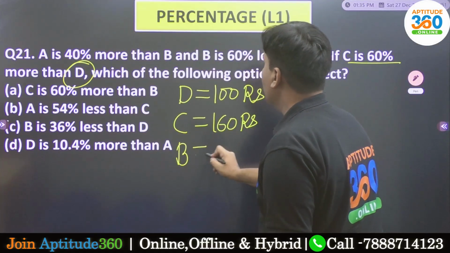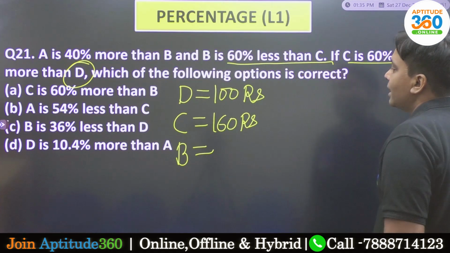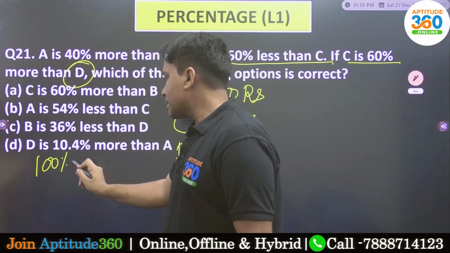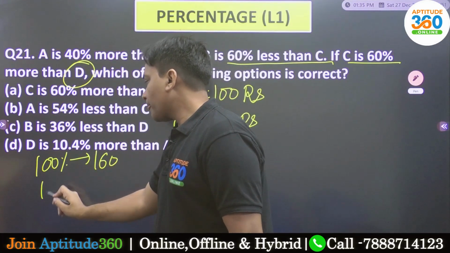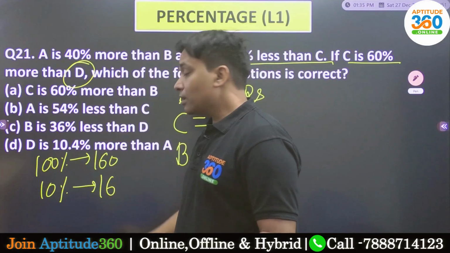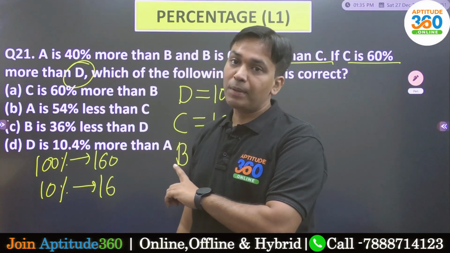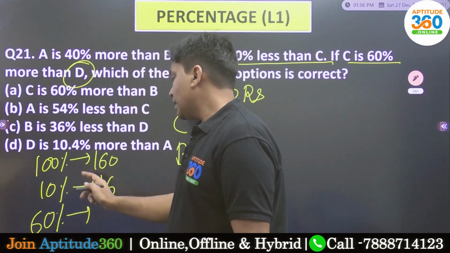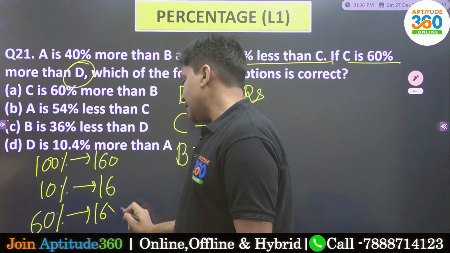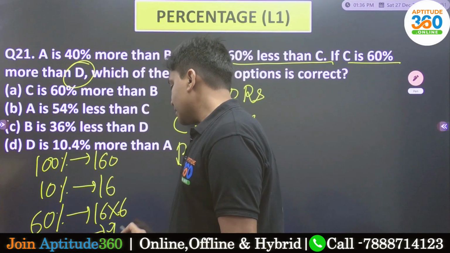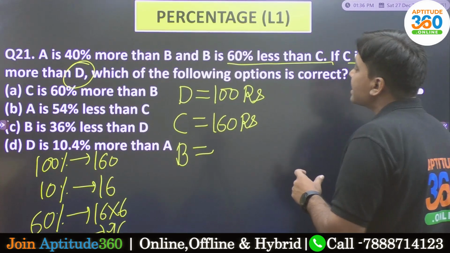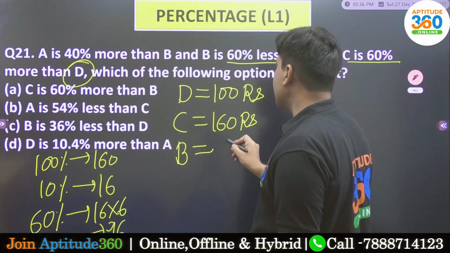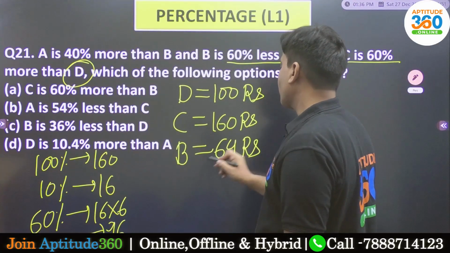फिर आया B. B is 60% less than C. So 60% निकालना तो इसका आसान है भाई. If 100% is 160, then what is 10%? It is 16. And ये सब कुछ मैनुअल कैलकुलेशन आपको यहाँ पे नहीं करना है. It has to be done in your mind. So 60% will be how much? 10 into 6. So this is 16 into 6. The value is 96. B is 60% less. So what is that you have to do? You have to subtract 96 from here. If you subtract 96, what are you going to be getting? 64 rupee.